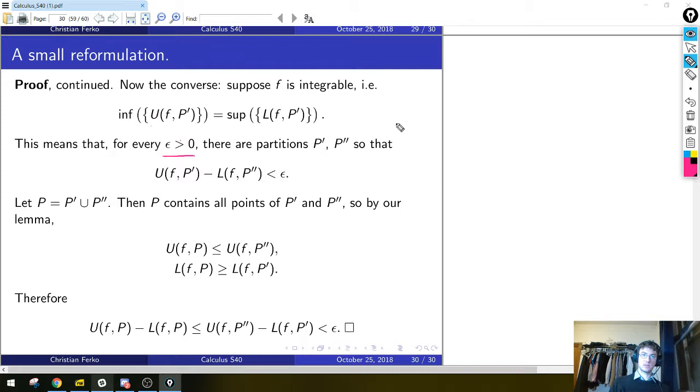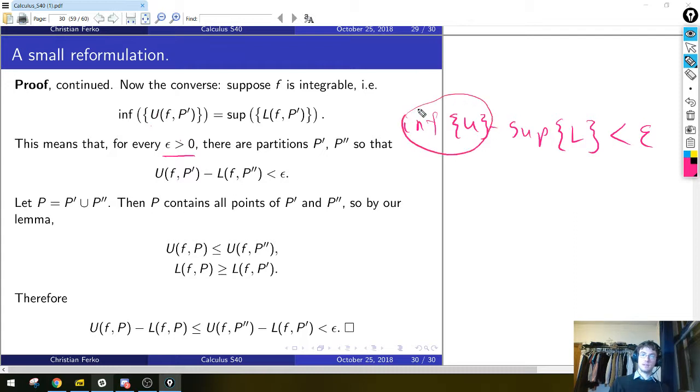Maybe I should have put an additional step in here. The infimum of all the uppers minus the supremum of all of the lowers. Maybe I want the other way. No, this is what I want. This thing equals 0 by assumption, which means it's less than every epsilon greater than 0. So if the infimum of the uppers minus the supremum of the lowers is less than epsilon for any epsilon,